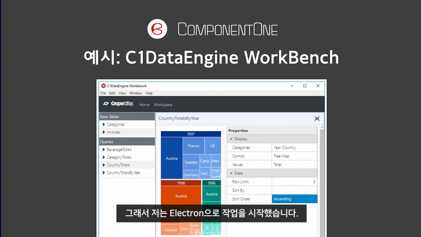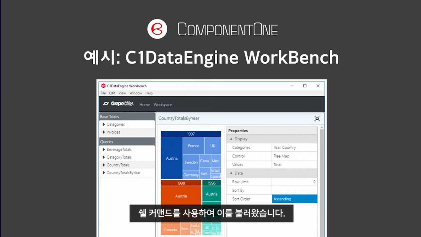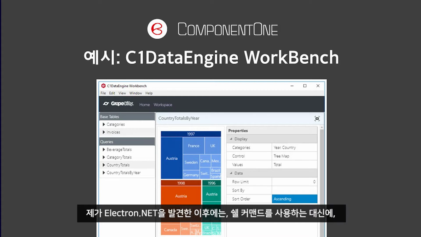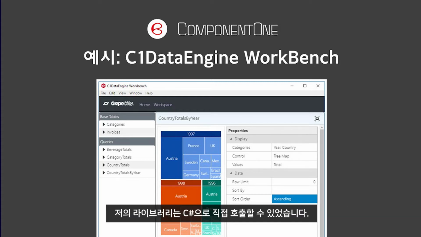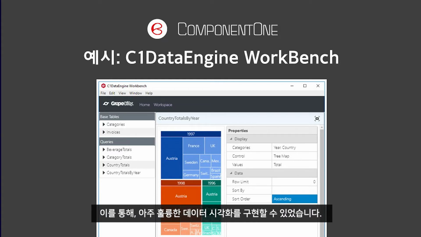So I started off with straight Electron. I had a .NET command line tool to interface to my library assembly, and I would use shell commands to call into that. And after a while, it sort of worked, but it was kind of cumbersome to do business that way. And that's when I discovered Electron.NET. So I could do away with the shell commands. I could talk to my library directly in C#. And I also had access to MVC components that GrapeCity develops, so I could have some really nice data visualizations